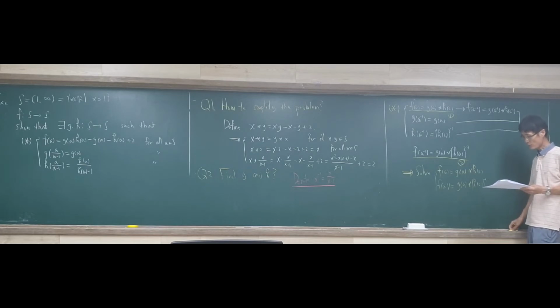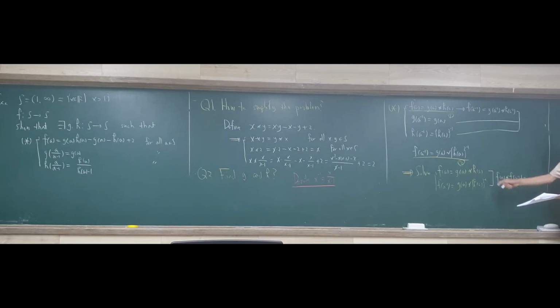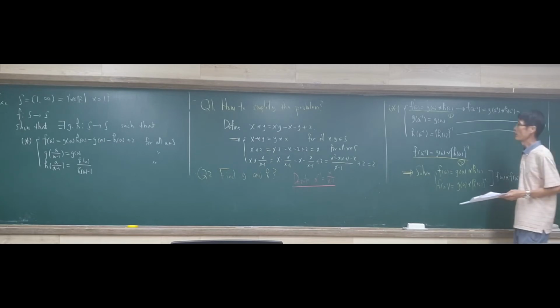It is natural for us to multiply these two equations by using the star operation. From this we can see that F(a) star F(a) inverse, by taking the star operation of the right hand side, is equal to G(a) star G(a),